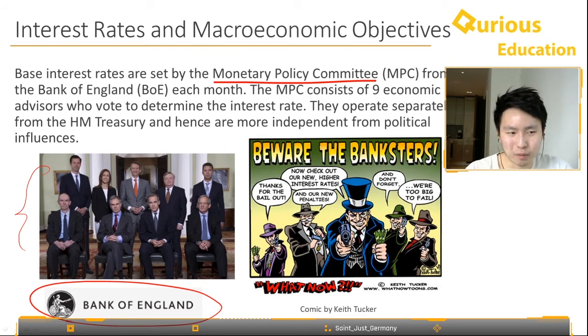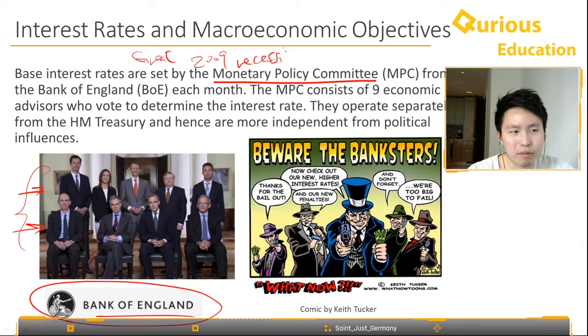But yeah, they are free in a sense to decide what the interest rate should be, and they would vote to determine what the interest rate should be. So if the majority of them think that they should increase the rates, then the rates would be increased or decreased. And another function of the central bank, or the Bank of England, is to lend money to high street banks. So as you may know, in the Great Recession of 2009,